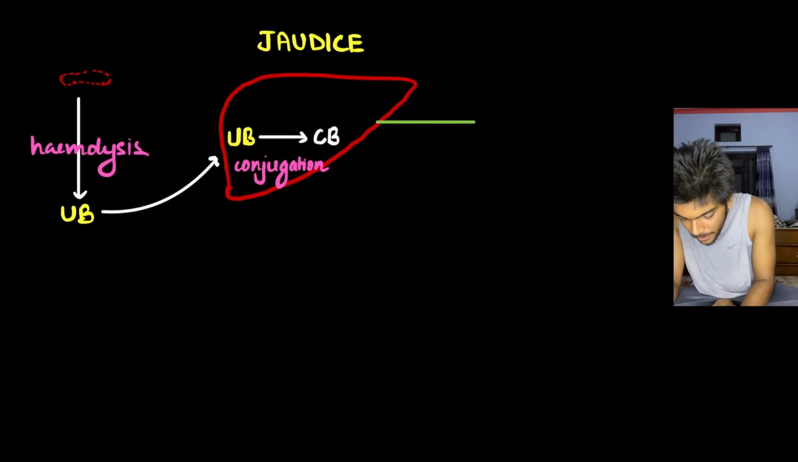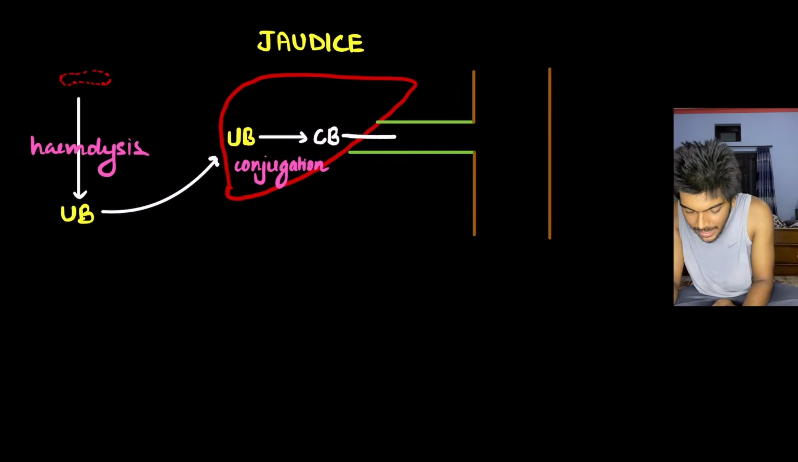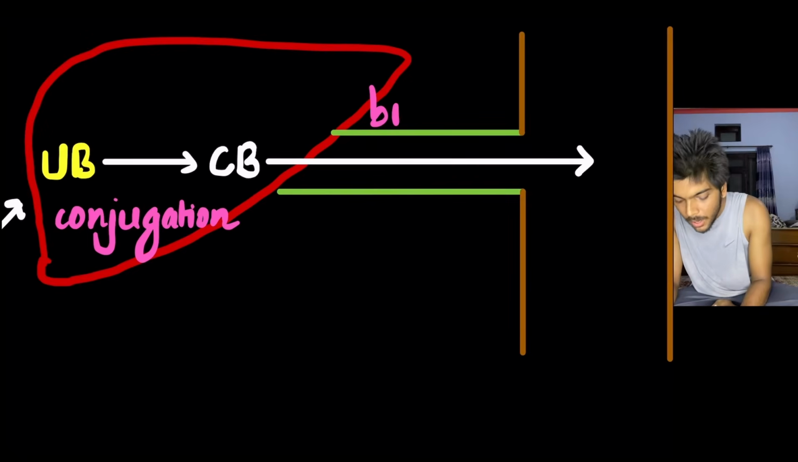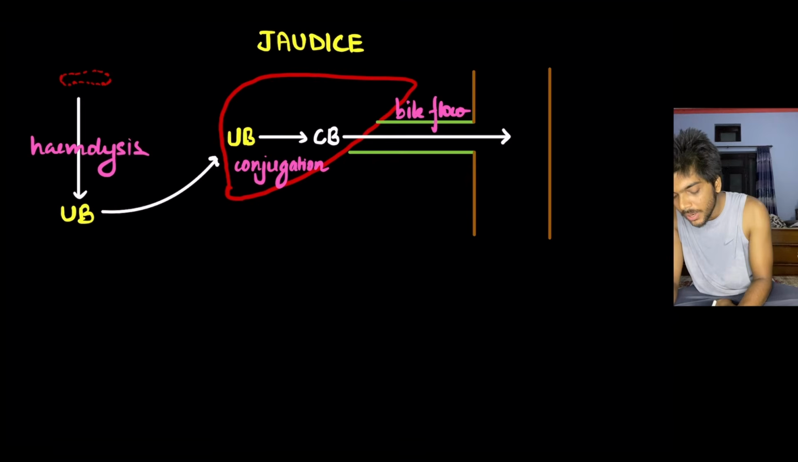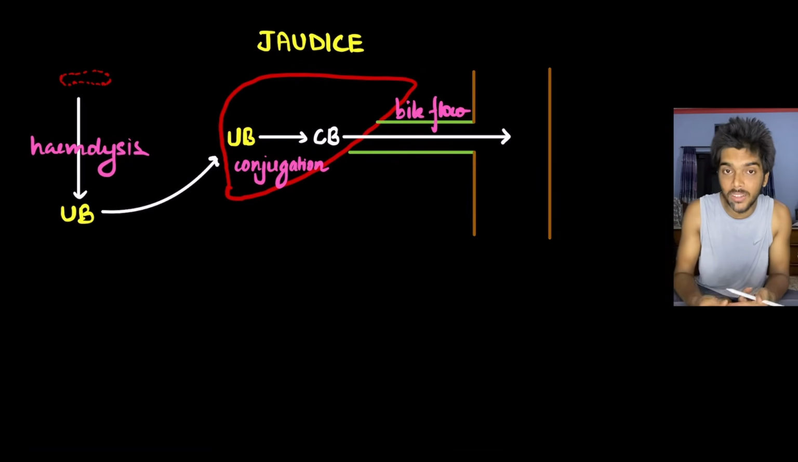The biliary canaliculi, as you must know from the anatomy of the gastrointestinal tract, open into the second part of the duodenum. So the conjugated bilirubin is secreted into biliary canaliculi. From there, through the bile duct, it enters the second part of the duodenum. This is your bile flow. So conjugated bilirubin enters the duodenum along with the bile. The bile contains bile salts and acids, and the thing that makes bile salts and acids is cholesterol, and